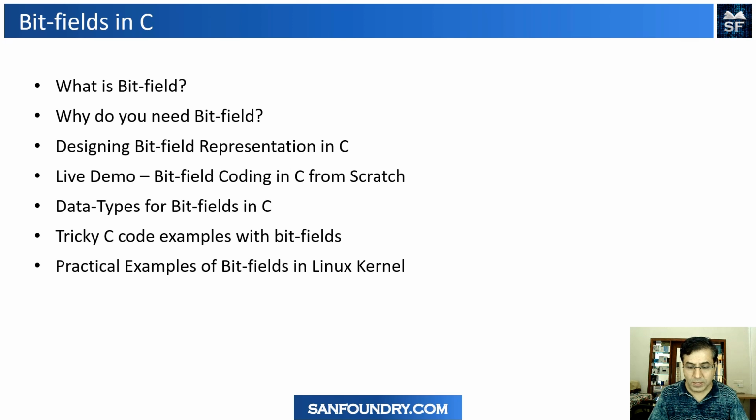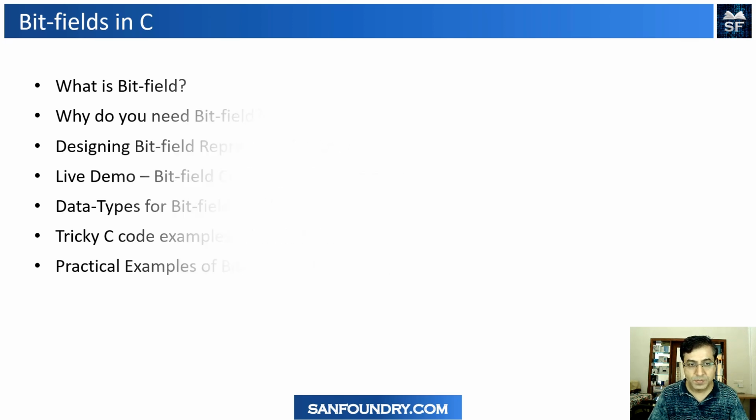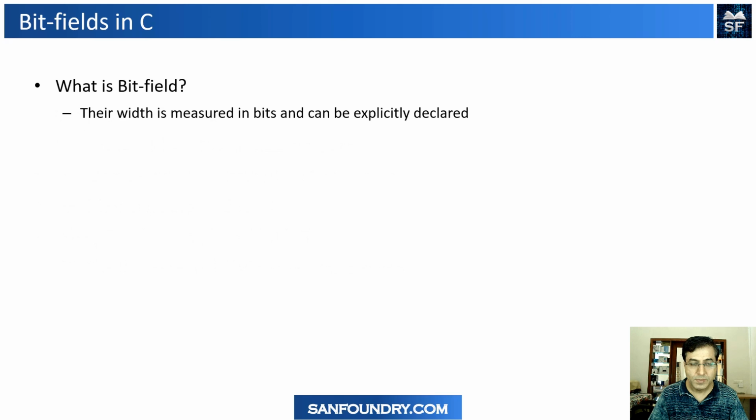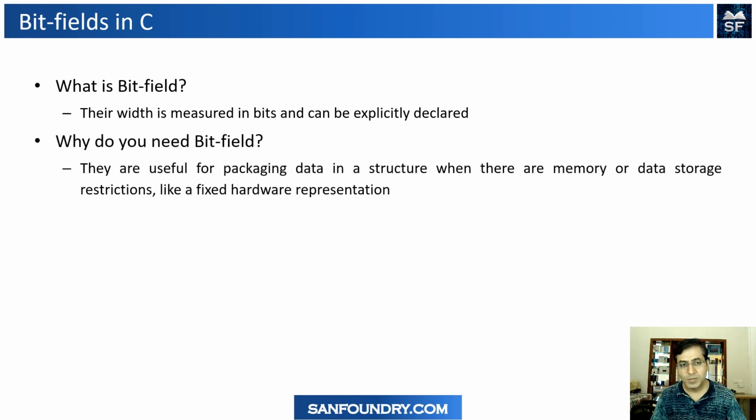Okay, so we will get started with the introductory part, which is bit fields and what is a bit field actually. Now, when you talk about bit fields, the first thing we have to understand is we are talking about bits, not bytes. We are talking about bits, and bits can have width. So suppose in a requirement, you will have 1 bit to represent something, or you require 2 bits. So these bits generally have some width. So you say I want a bit field with width 1 bit or 2 bits or 3 bits and something like that. Okay, so that is the real meaning of a bit field.